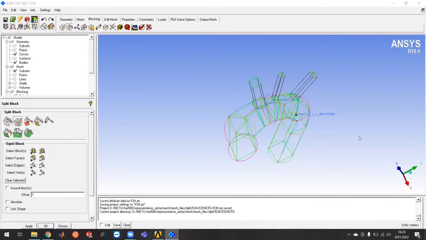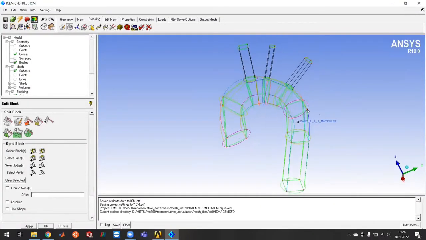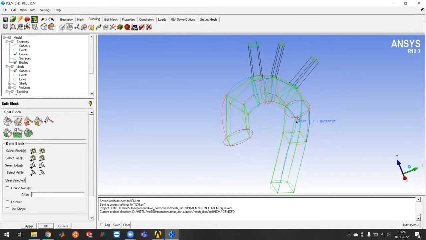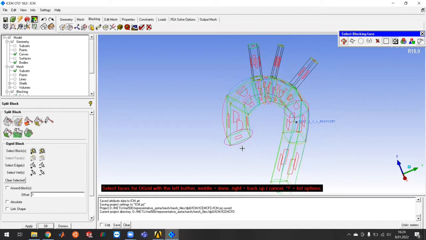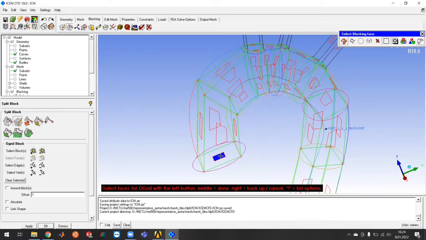The next step is to create O-grid that is used for boundary mesh. So from under blocking, split block, and O-grid block. From here, I'm going to select faces. I want to select the normal faces to the geometry. In other words, the cross-sectional faces, starting with this inlet, this one,